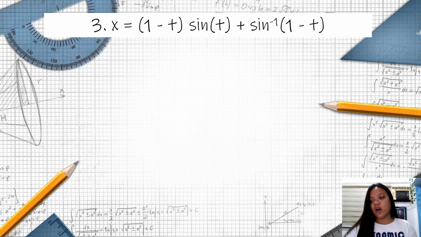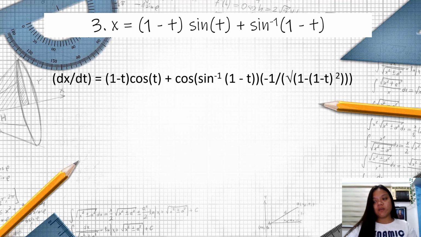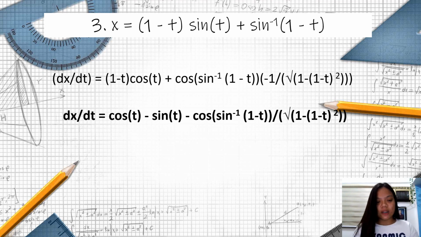To find the derivative of the function with respect to t, we can use the rules of differentiation. So the derivative of x with respect to t, dx over dt, is equals to 1 minus t cosine times t plus cosine times sine raised to the power of negative 1 times 1 minus t times minus 1 minus negative 1 rather over the square root of 1 minus times 1 minus t squared. So the final answer will be dx over dt is equals to cosine t minus sine